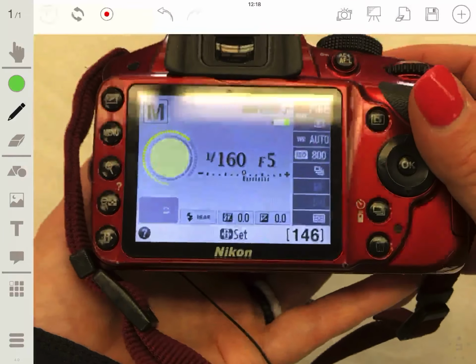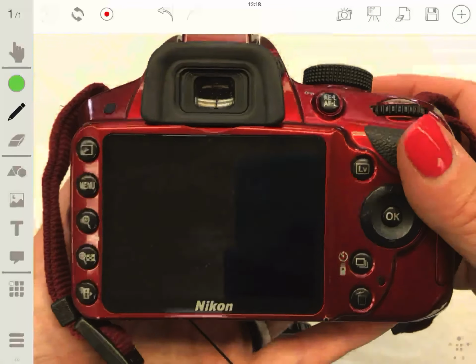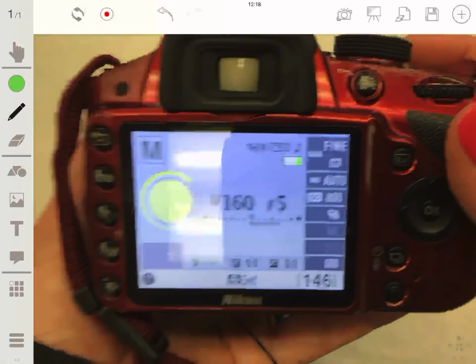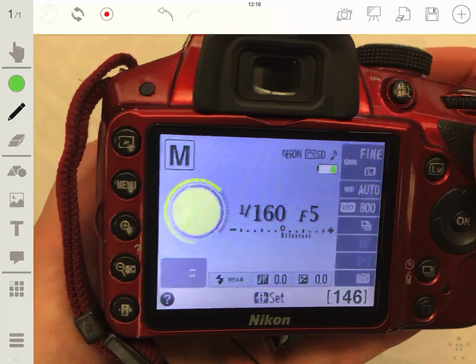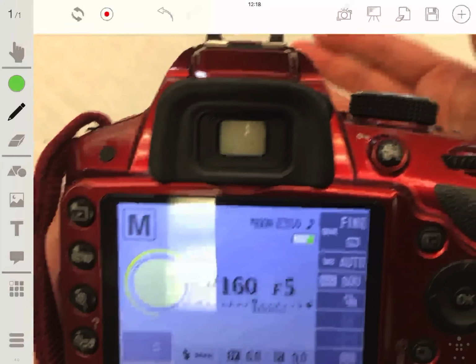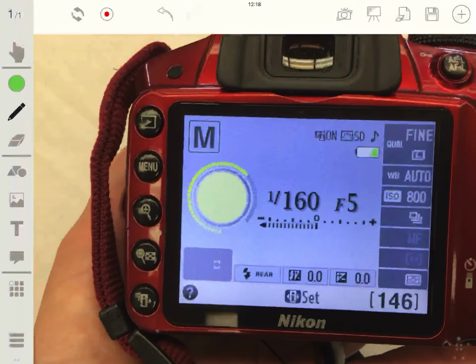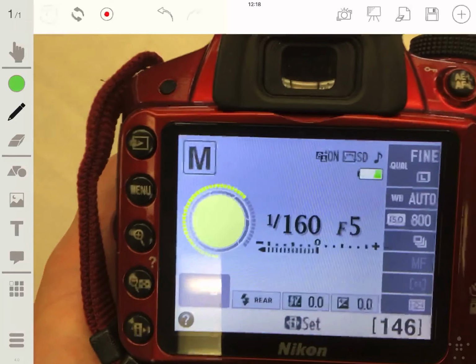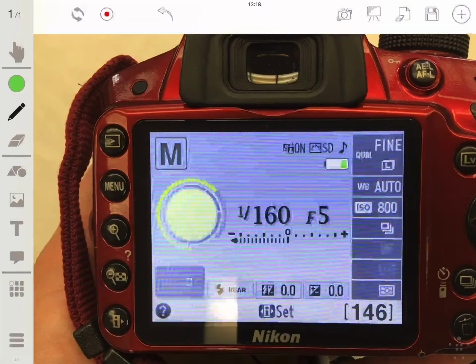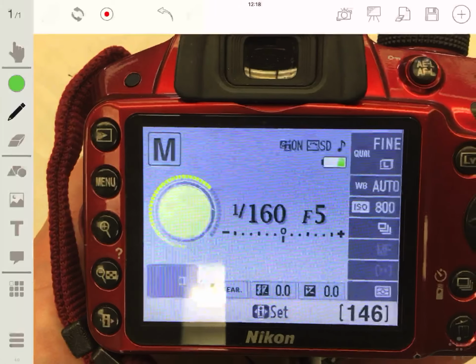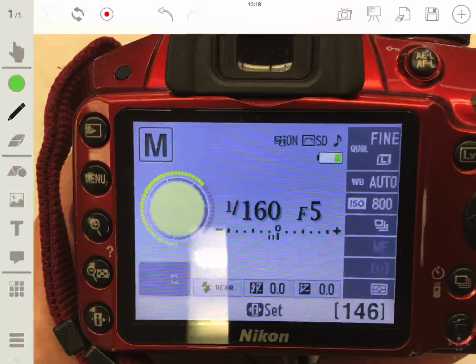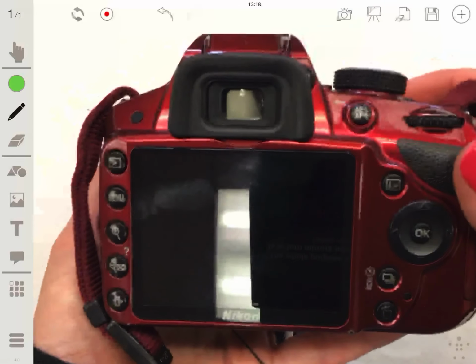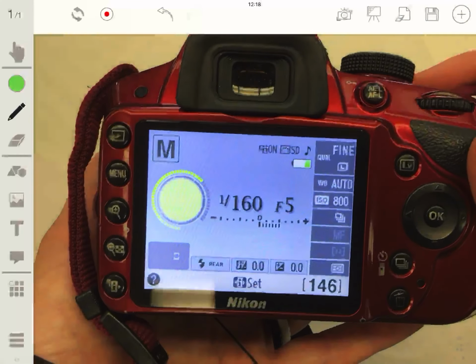Because it's reading the light in front of me. If I move my camera around, it reads different amounts of light, right? There we go. Okay. Now look what happens if I take my hand and put it in front of my lens. I just blocked out all the light, and now my light meter is telling me that I do not have enough light. I move my hand away from the lens, and it tells me I have enough light. Now,